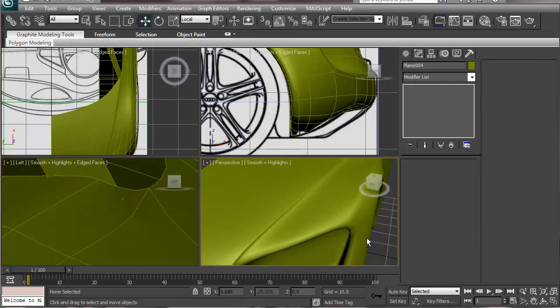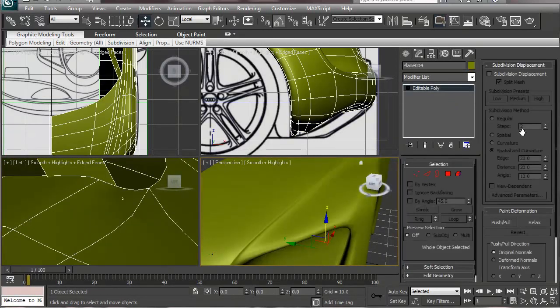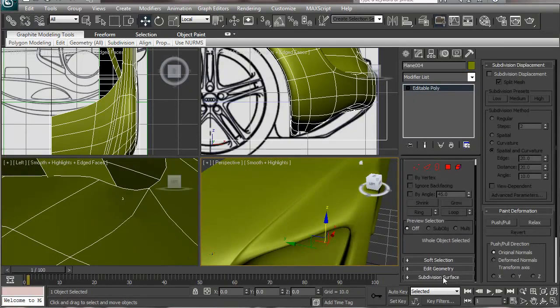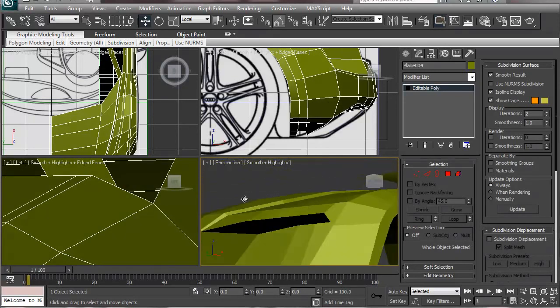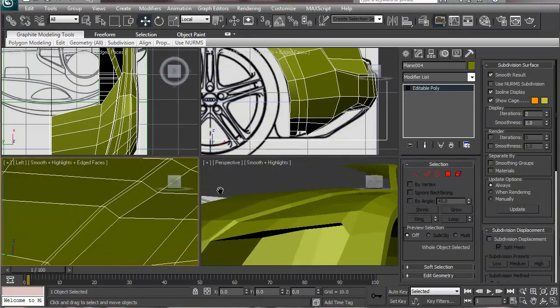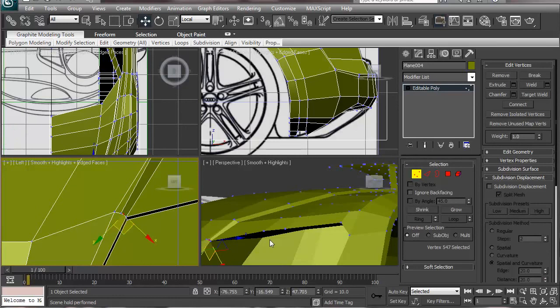I think this crease itself is enough, so let's turn off the NURBS subdivision method like that, and let's go ahead and find some ways to terminate this edge loop over here. So let's go ahead